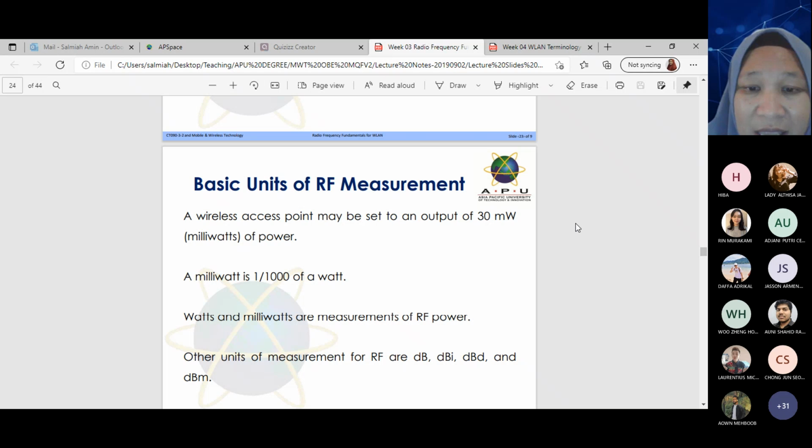All right. So again, if you look at other unit measurements, it does not only involve milliwatts in terms of output power. There are certain products where you hardly see milliwatts. Maybe they have only dB, decibel, all right? Decibel, dBi, dBd, and dBm. Actually, dBi, dBd, dBm are not that important. Normally we just look at decibel. Unless you're a computer engineering student, we need to analyze in terms of energy. Normally electrical engineering students will do this kind of calculation.